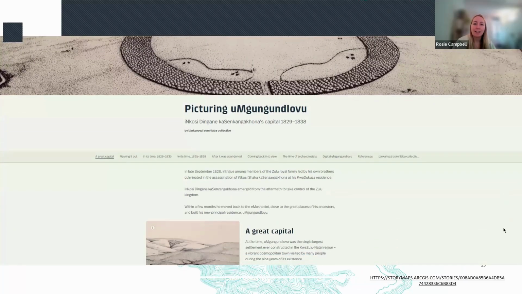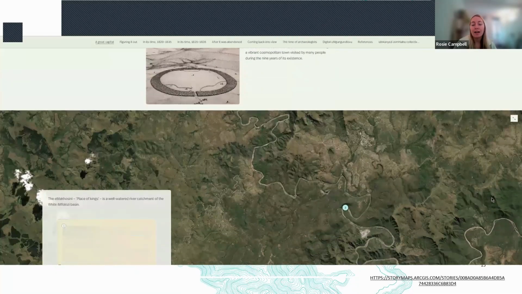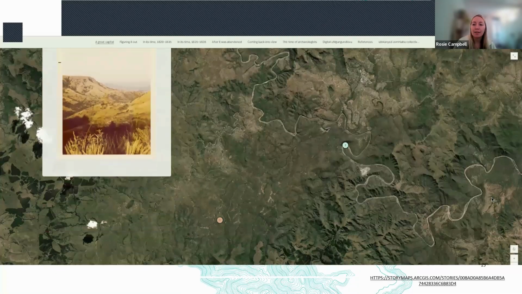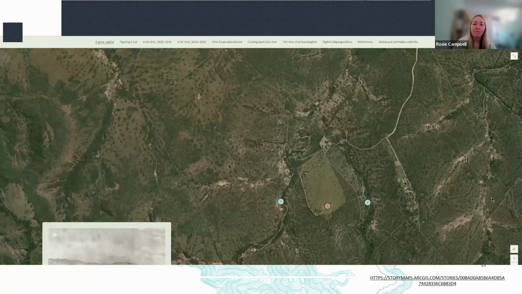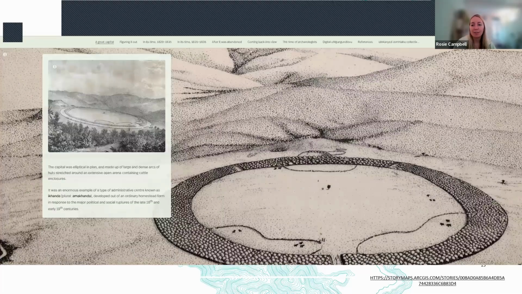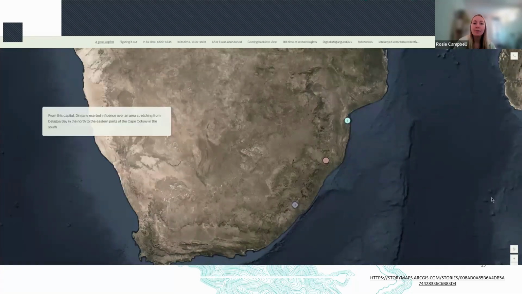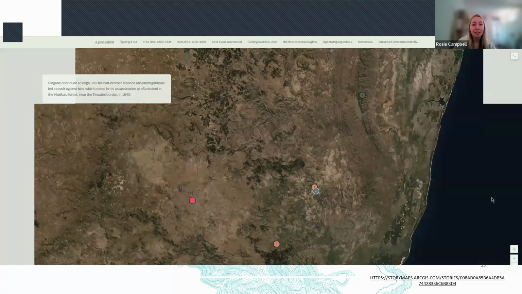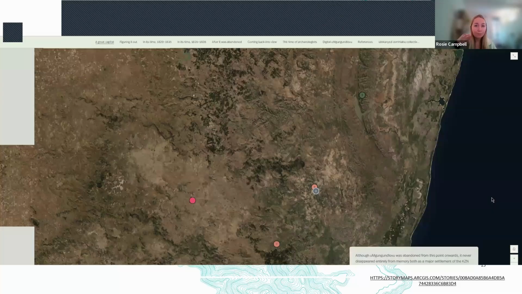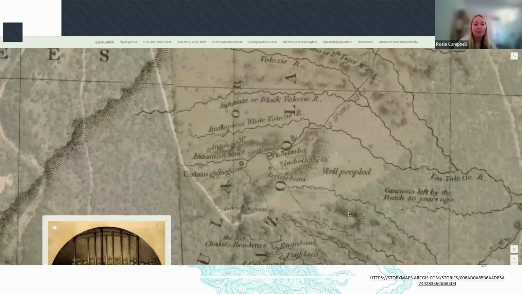So firstly is this project, this curation, which is a visual history of the great town established by the Zulu king Dingane. It's brief but intense life, and then its afterlife in the form of pictures, monuments, traces, objects, maps, archaeological excavations, and artworks. It was put together by the KwaZulu-Natal Museum from the Republic of South Africa and the MAEASaM project. And as you can see, it uses a lot of georeferenced maps.